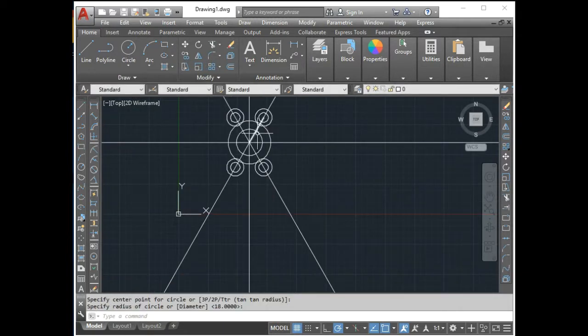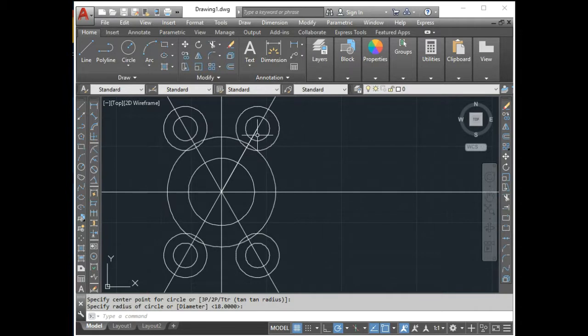So here we have 4 circles, and these two, these two, and these two, totally we have 10 circles. Now before taking the trim tool, take again a circle,